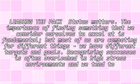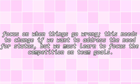Leading the pack. Status matters. The importance of finding something that we consider ourselves to excel at is fundamental. But most of us are competing for different things. We have different targets and goals. Recognizing successes is often overlooked in high-stress environments, and we tend to focus on when things go wrong. This needs to change if we want to address the need for status, but we must learn to focus the